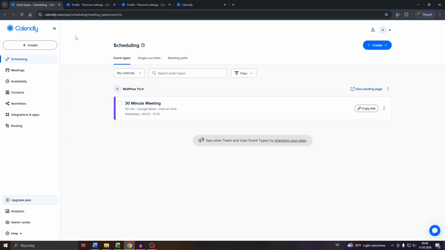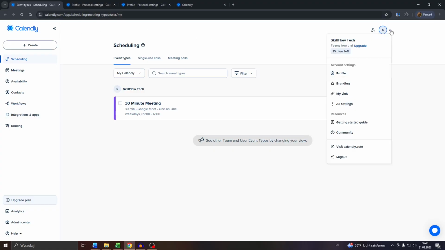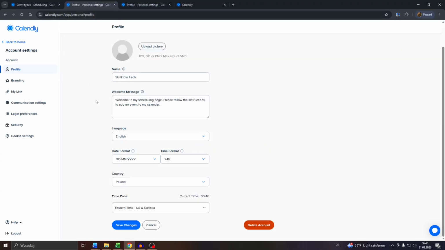So guys, head over to Calendly, log into your account, and for this method you will need to access your account settings. You may do that by clicking into your profile icon in the top right and navigating to profile settings here. Here guys, navigate to profile to the left, scroll down, and here you will see the current time